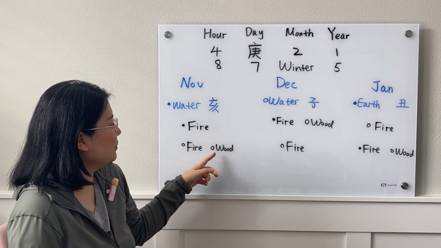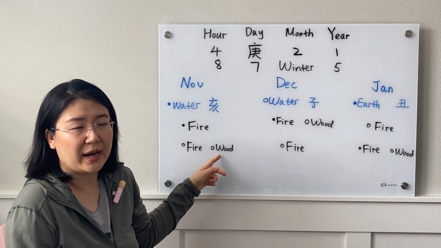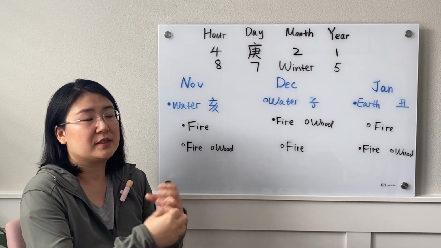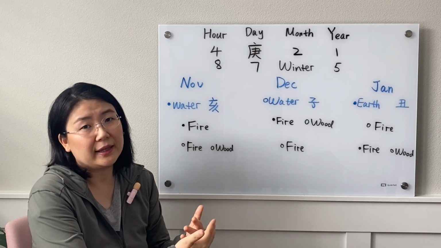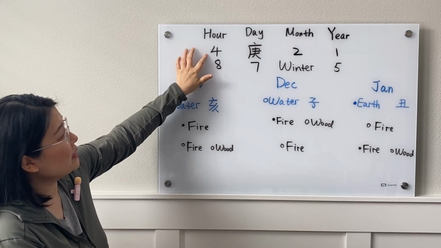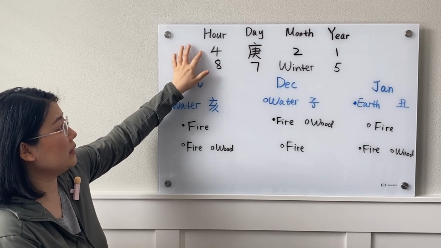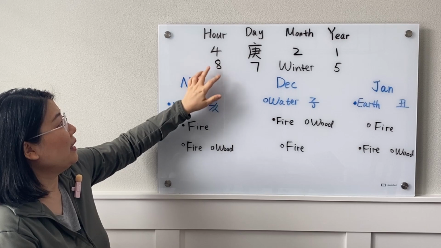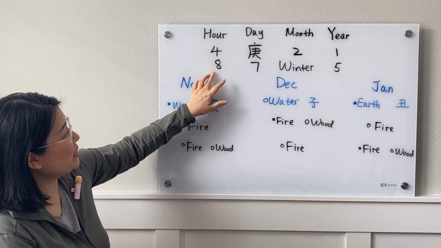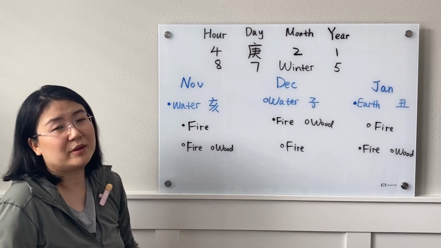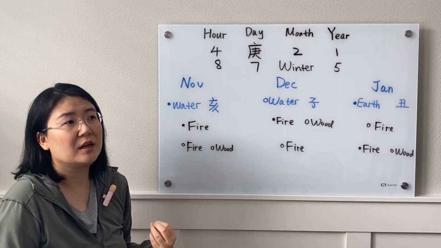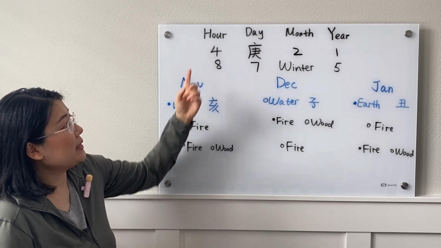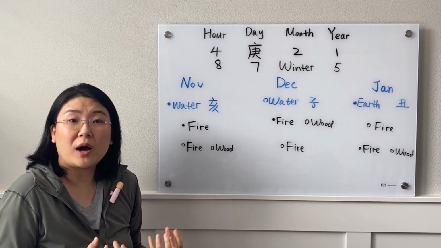The reason yang wood is another preferred element is that yang wood is the best feeding source to keep this yin fire going in a constant and steady way. So for example, if in position number 4 you see a yin fire, which is a check mark, it's the preferred element I want to see in my bazi. On top of it, if position number 8 is sitting on top of either a fire type of earthly branch or wood, especially yang wood type of earthly branch, it makes position number 4 even stronger and more